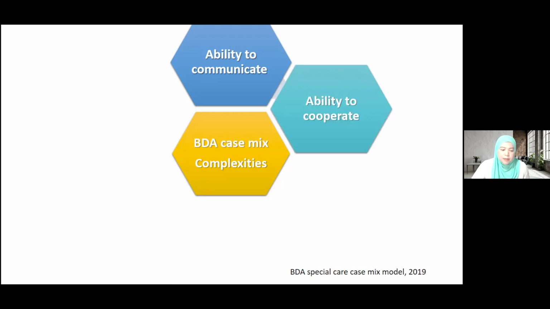Secondly is the patient's ability to cooperate, as it affects the delivery of dental care. This includes the patient's ability to open their mouth to accept care, or when they require behavioral techniques such as distraction, desensitization, or need for additional staff to support care for them. Thirdly, the patient's medical status. A complex medical history may require modification to care, for example, for patients with stroke or neurodegenerative disease.